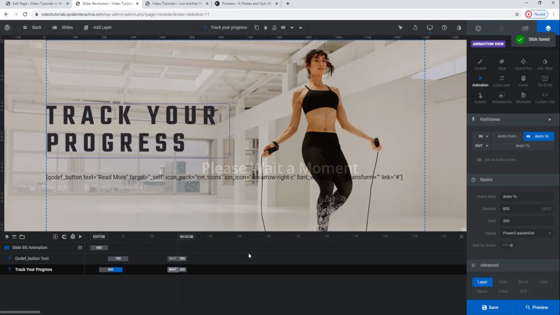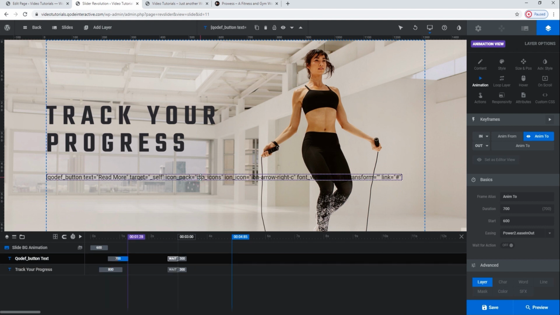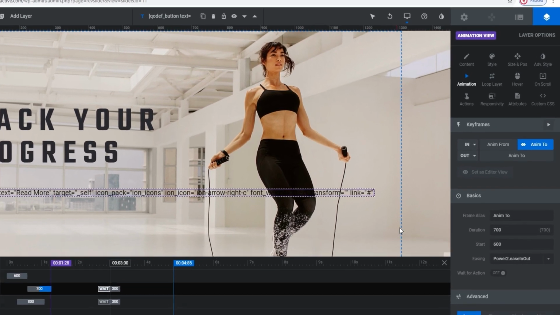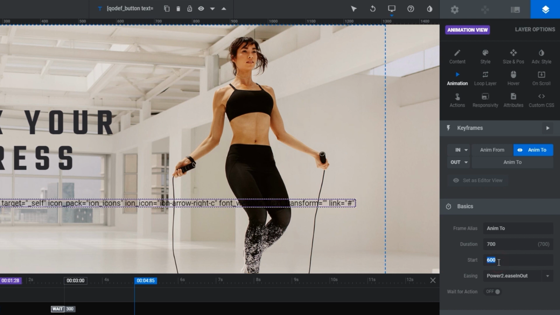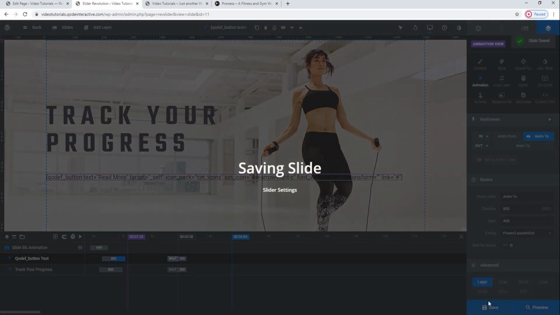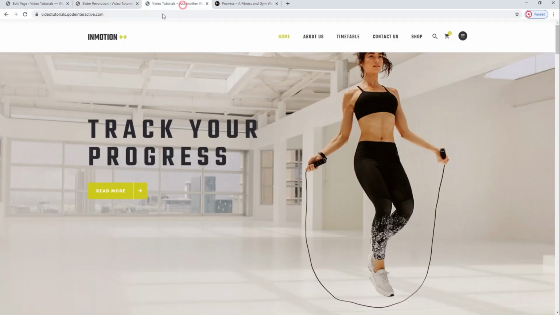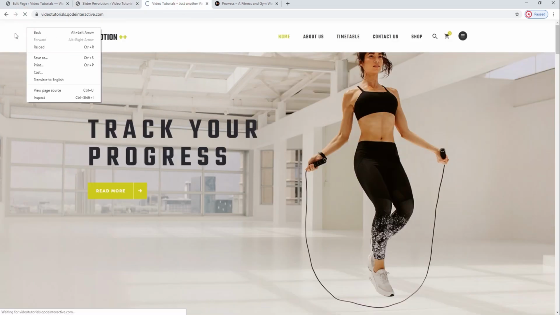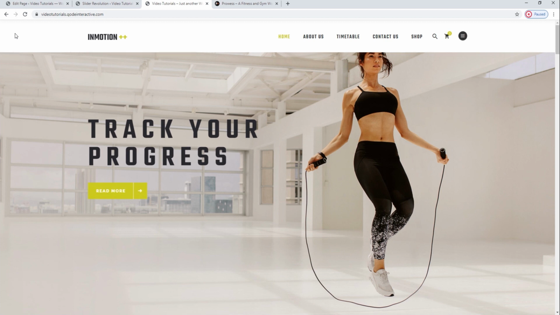As for the button, it is added in form of a shortcode. This is the same shortcode used throughout the theme, so it inherits the same style as everywhere else. Here, I want to set it to start at 400 milliseconds. Also, we'll edit the duration to 800 milliseconds. Let's save these changes. Now we'll check what we did on the live site. Wait a couple of moments as you refresh the page. And we're done with the first section.